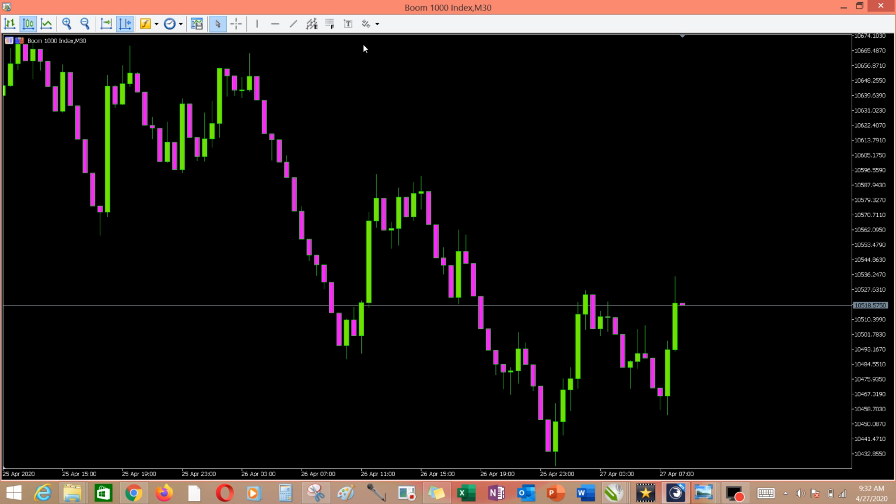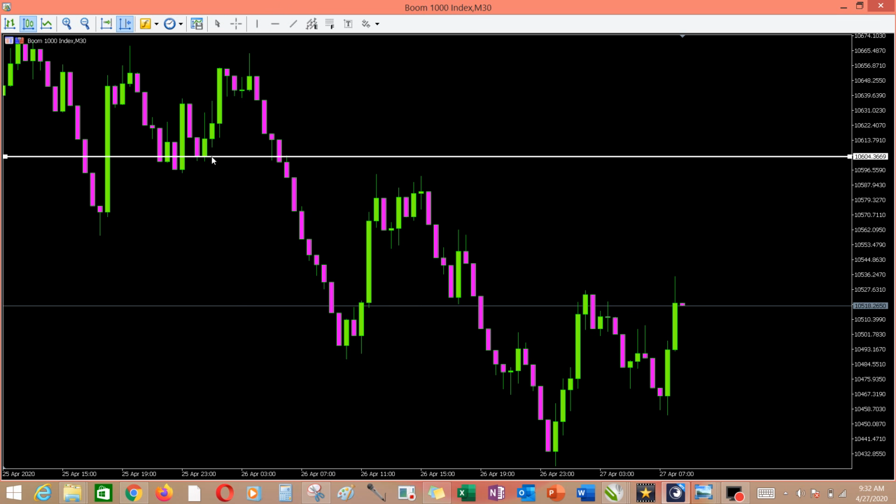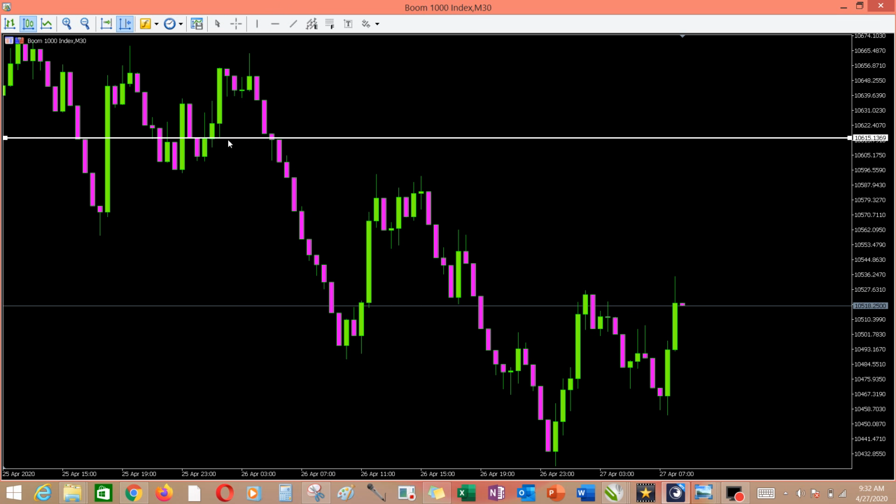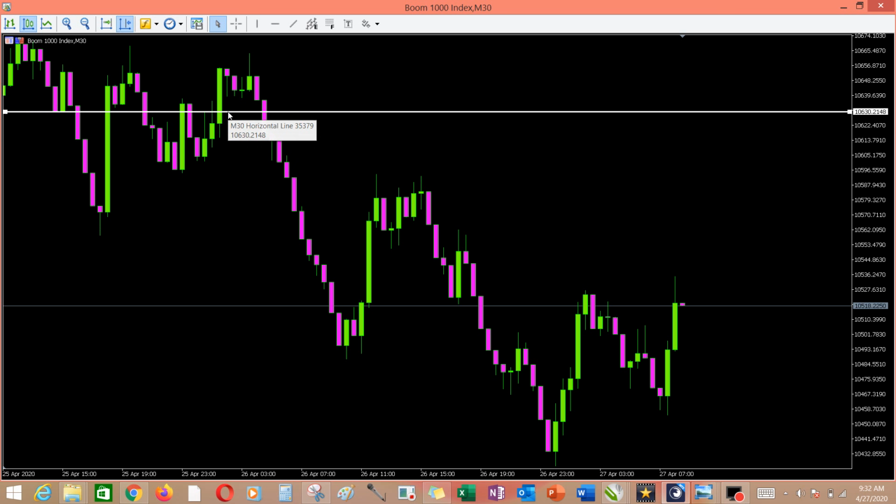Number one, there is one thing I want you to know. In Boom and Crash, the movement is different from the rest of the assets. We usually have a steady movement, then a spike once in a while. One of the minor resistance levels in Boom and Crash is where the spike happens. For instance, in Boom, all these spikes are support levels. Can you see it? In Boom, they are minor support levels.